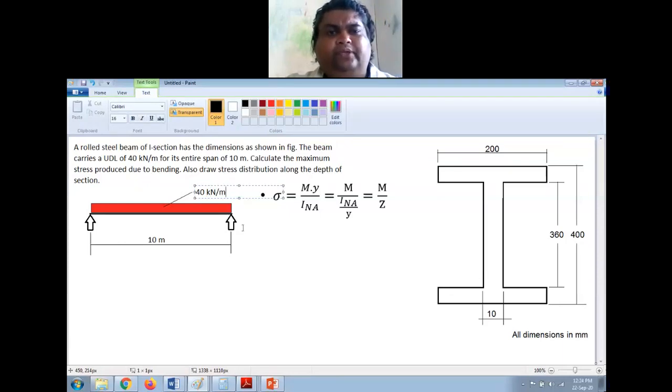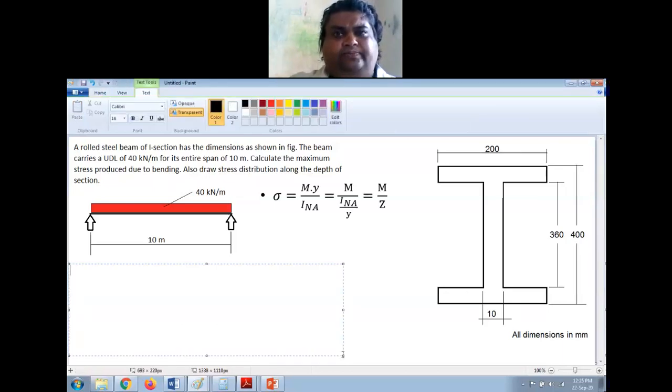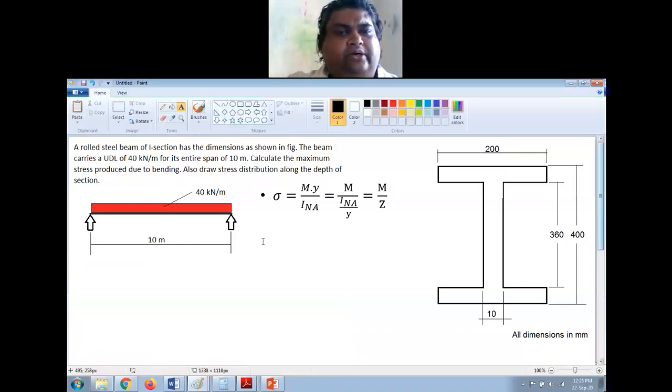Now I have to find the bending moment here, because for finding the stress I need section modulus and bending moment. Section modulus I can calculate from this cross section which is given, right? That is the major part in this numerical. First let us find the bending moment. Now how to find the bending moment? First I need to find the reaction. All this we have done already in our unit number 2, right? So support reaction, for finding the support reaction, I'll not write everything in detail here. We will try to do it a little fast.